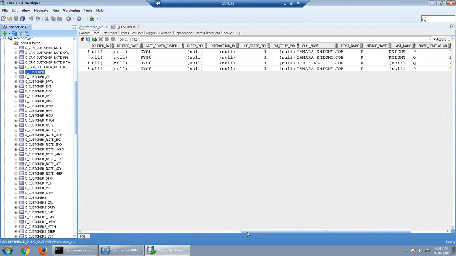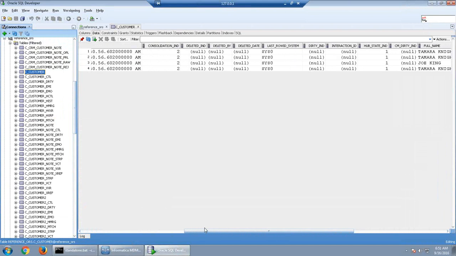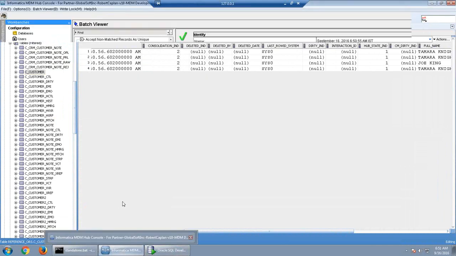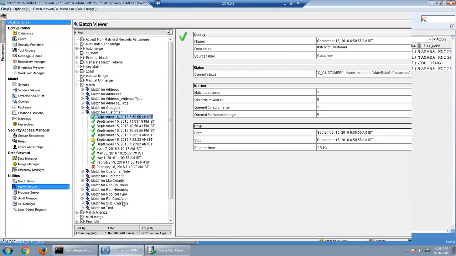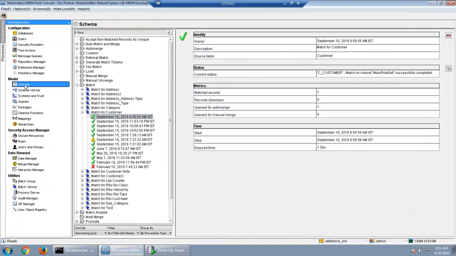Sometimes we might see some issue, because every time we are resetting the consolidation indicator value, it might not pick it up. Now when I change the setting to null matches non-null, it is not matching correctly.